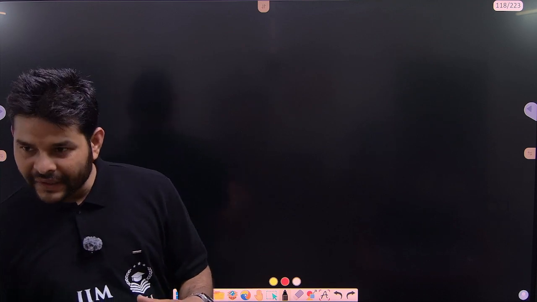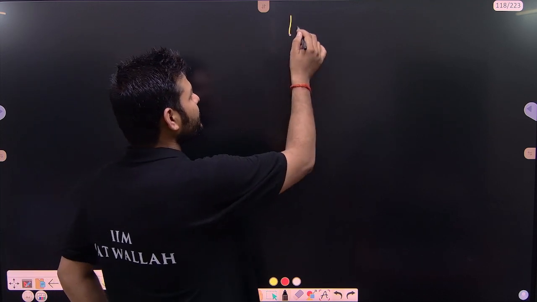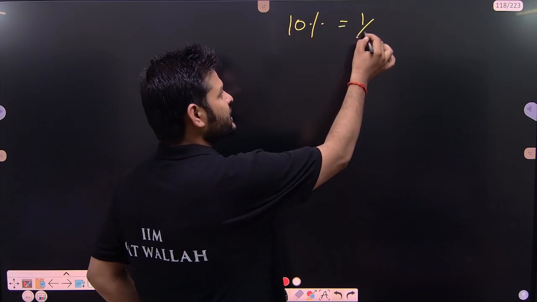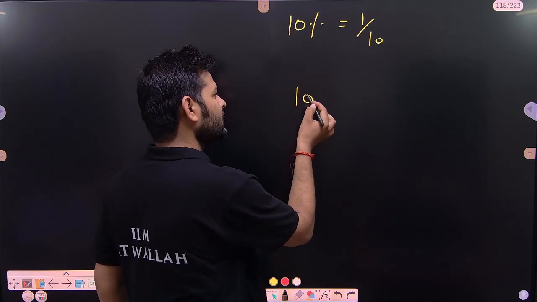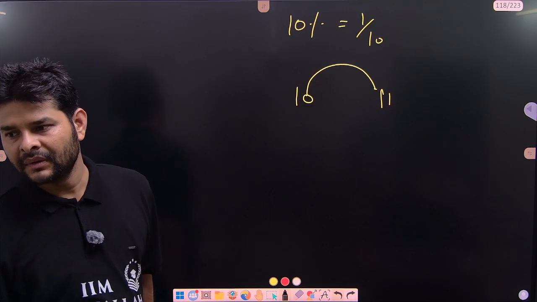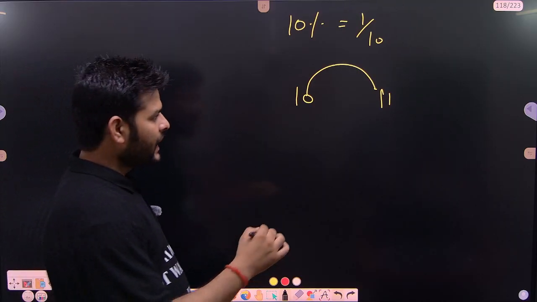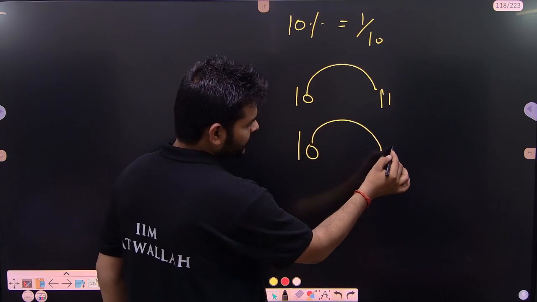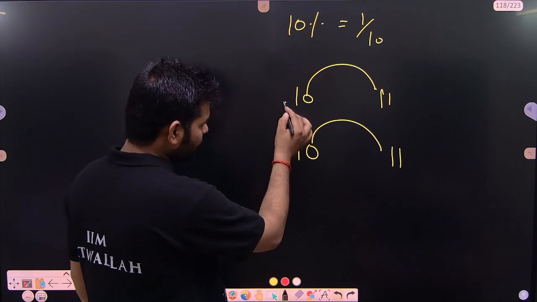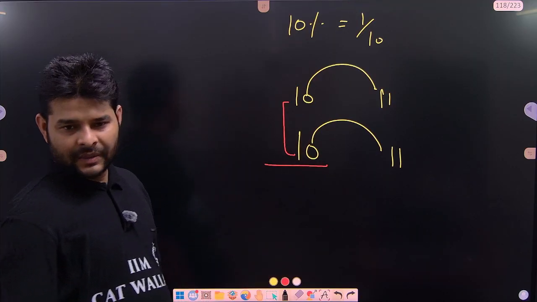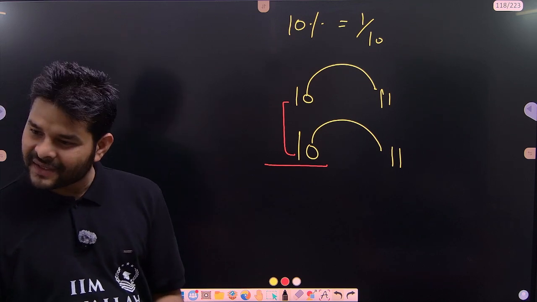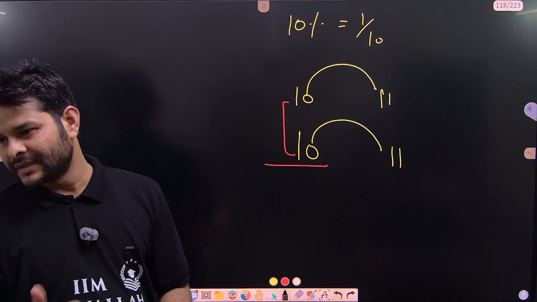It is a completely memorizing method. What we consider is, if we have a 10% rate, that means 1/10. This method says rupees 10 will become 11 just after 1 year. And in the next year, again rupees 10 will become 11. If we talk about 2 years, we need to multiply that way. Somebody can ask me, sir, why are we multiplying? There is no answer to your whys. This is the method and this is the way to do such kinds of questions.